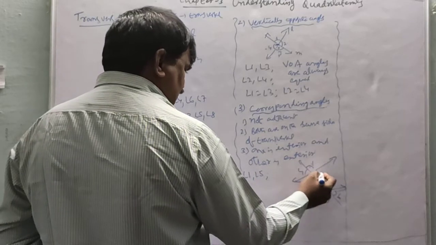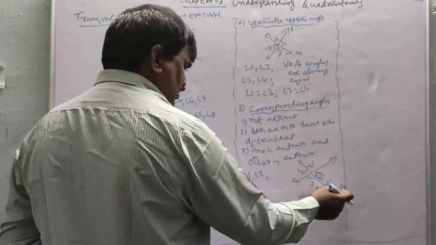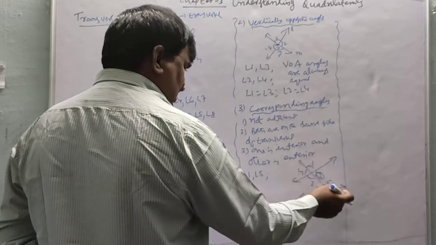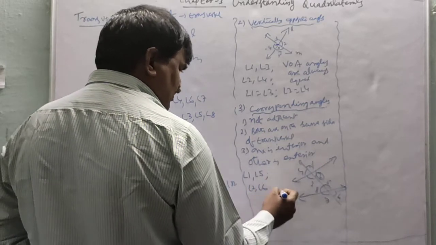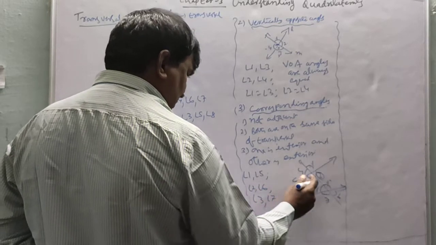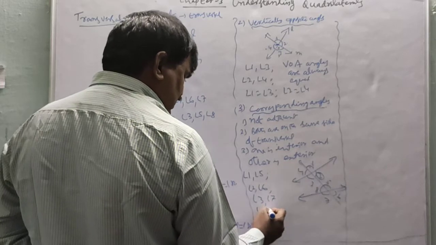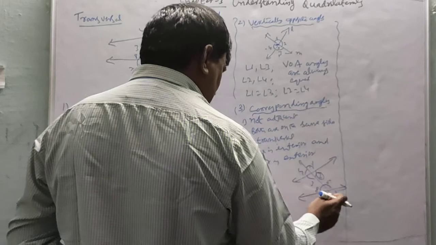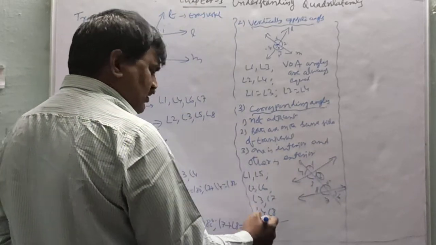Next, angle 2. Again you check 2 and 6. They are on the same side, they are not adjacent. One is interior and the other is exterior. Angle 2, angle 6, that is another pair. Next, angle 3, angle 7, corresponding angles pair I am discussing. Next, angle 4, angle 8. So these are 1 and 5, 2 and 6, 3 and 7, 4 and 8. These are the corresponding angles.